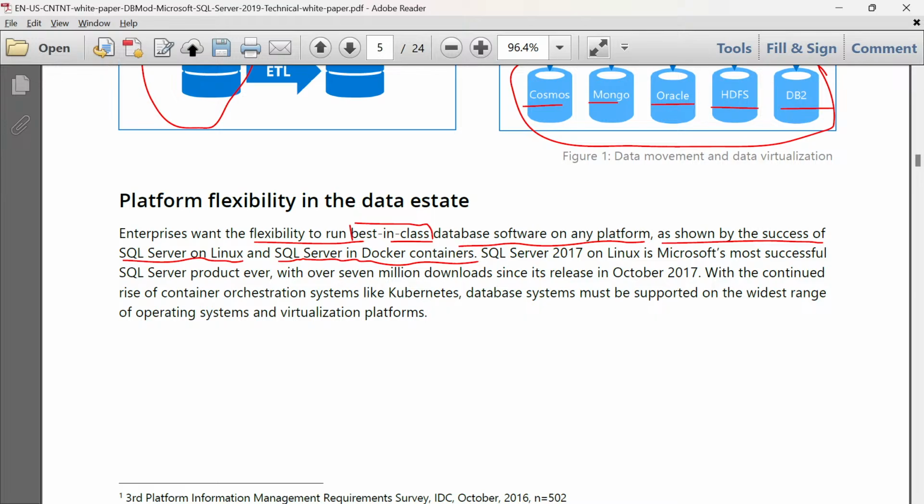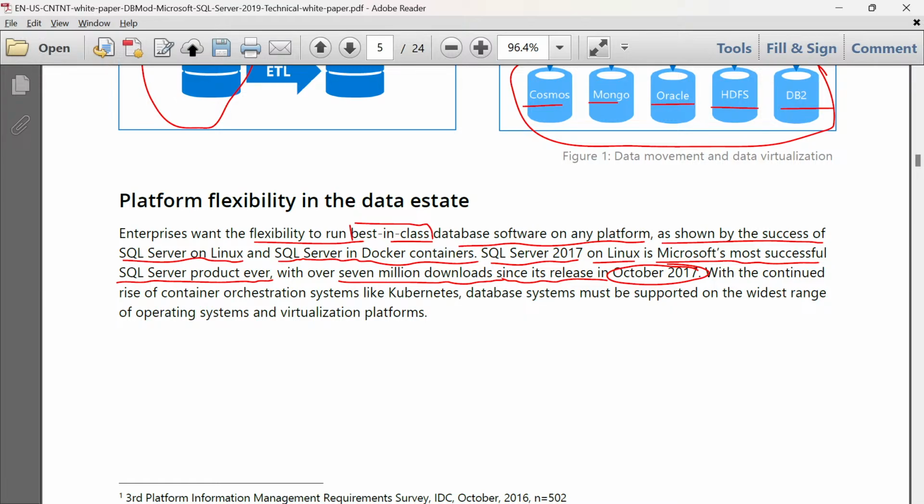SQL Server on Linux is Microsoft's most successful SQL Server product ever, with over 7 million downloads since its release in October 2017. 7 million downloads means 7 million people have trusted SQL Server 2017 to be used as a relational database system